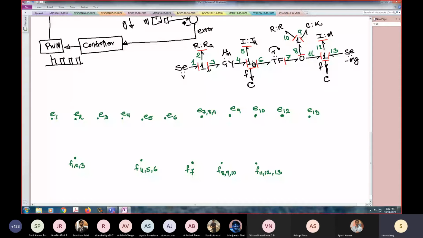So for E2, we will draw a line. E1 has gain plus 1, so we don't write that plus. E3. So E2 is output. E2 is computed from E1 and E3. So the arrow will be towards E2, and gain here is minus 1. So E2 is E1 minus E3. That's the picture.